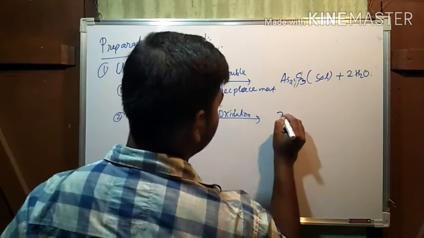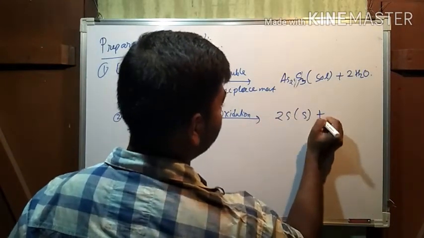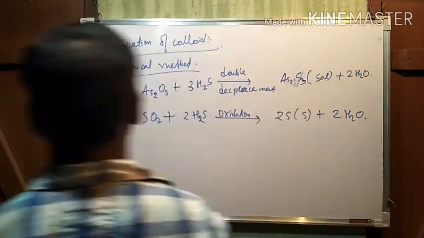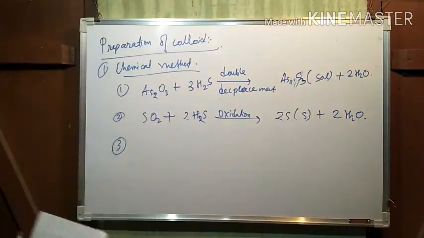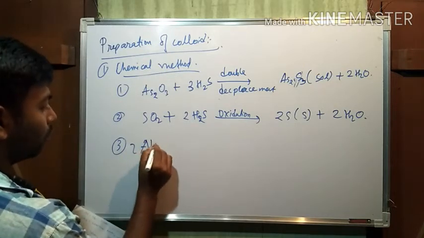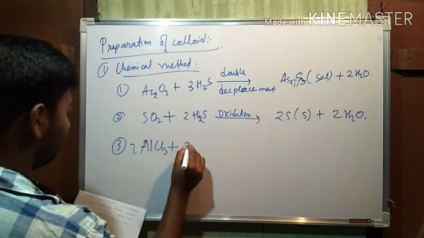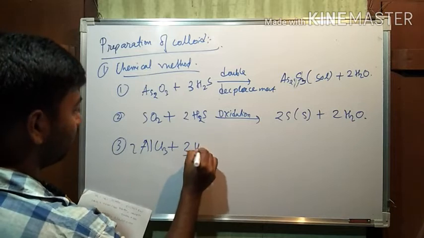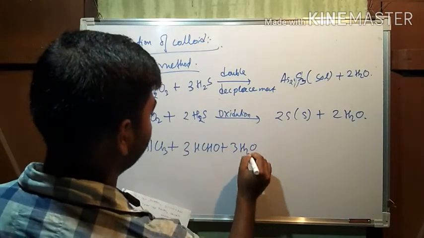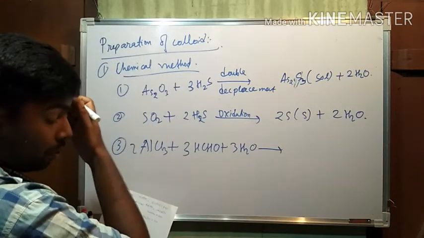It will produce sulfur plus water. Third chemical reaction is when 2 moles of gold chloride react with 3 moles of formaldehyde plus 3 moles of water, it produces